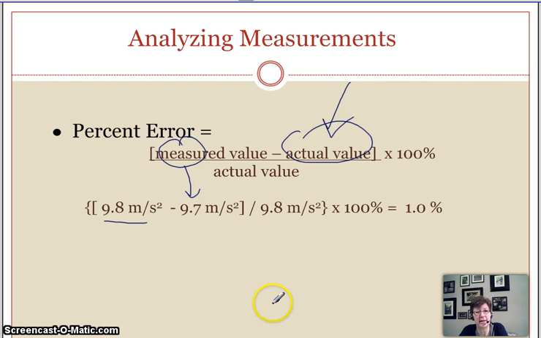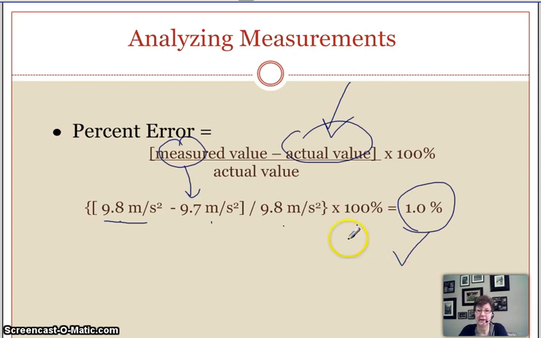and we wanted to find the percent error between those 2 numbers, all you do is take the difference between the actual and the measured value, which is what I've done here, and then you divide that by the actual value. So my actual value is 9.8 meters per second squared. I take the difference between that and what I measured, divide by the actual value, multiply by 100%, and that gives me percent error of 1%, which is really good. If you normally get percent error between 1 and 5% or so, I'd say you were successful at doing that